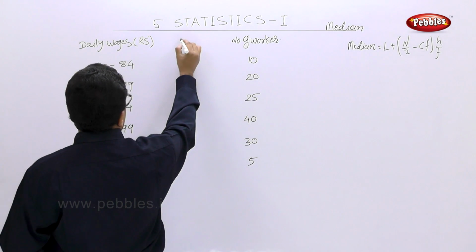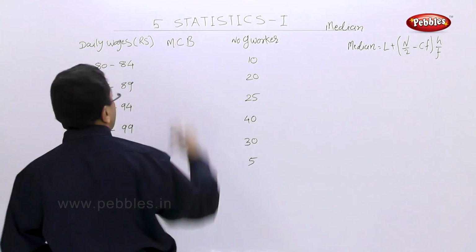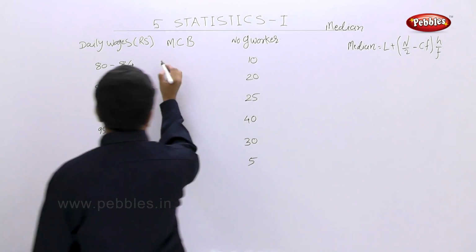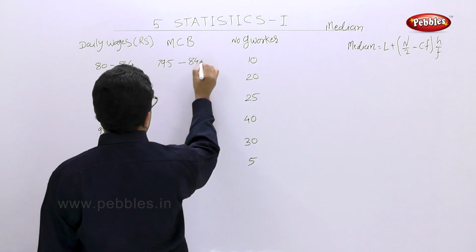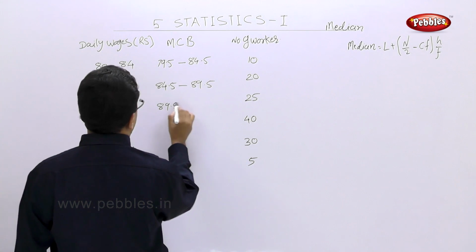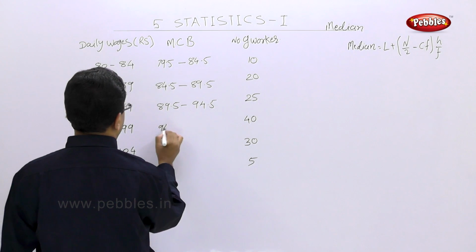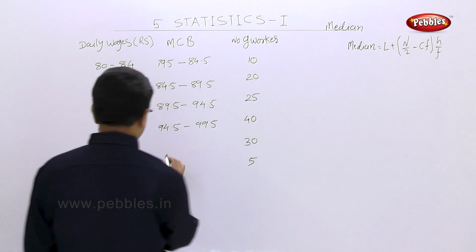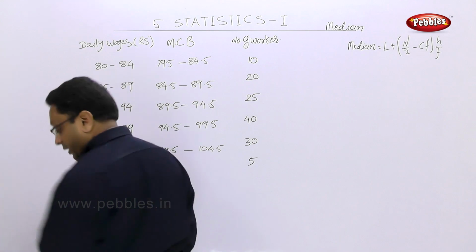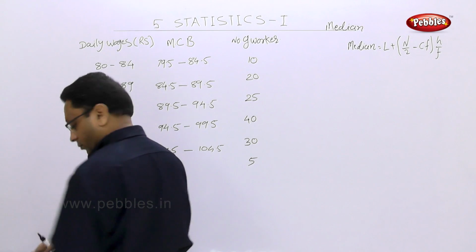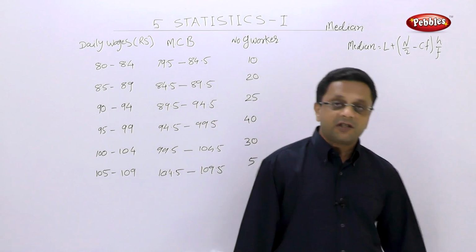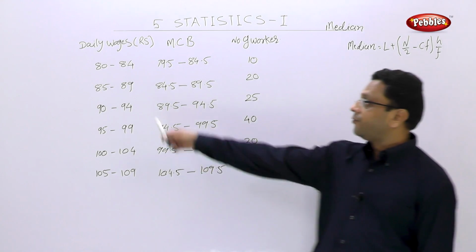So we will take the modified class boundaries, in this case 79.5 to 84.5 and so on. Here 84.5 to 89.5, 89.5 to 94.5, 94.5 to 99.5, 99.5 to 104.5, and last 104.5 to 109.5. So the first step in the case of median, please check if your class interval is